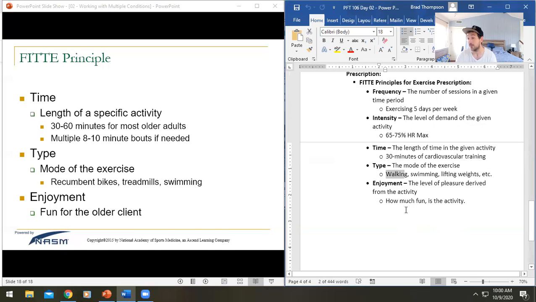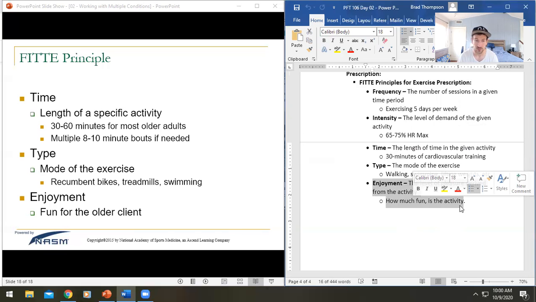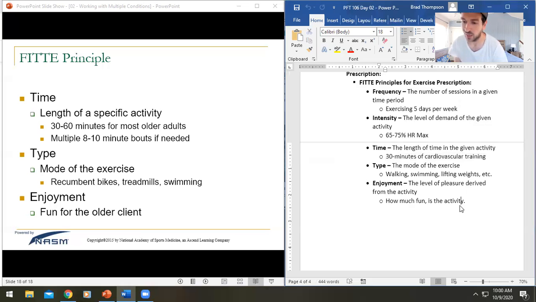And then my enjoyment is how fun that is. And this is just a question that you always want to ask yourself. Does your client enjoy that exercise type, right? Is it something that they can adhere to and actually have a good time doing? Me, I love walking. I think it's a great time to listen to audiobooks, you know,